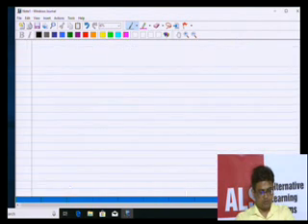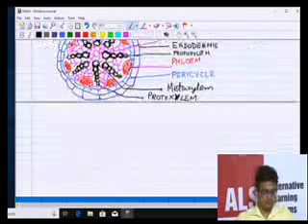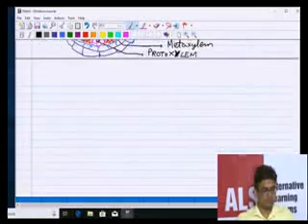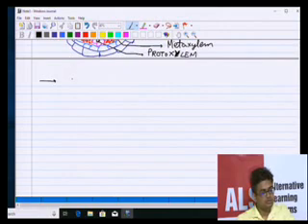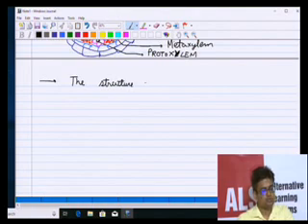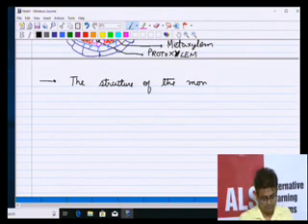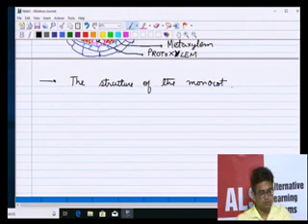Let's write the description here. I believe the chat is frozen, so please write the description now. So, the structure of the monocot root, okay. So, you can please write the description now. Structure of the monocot root is